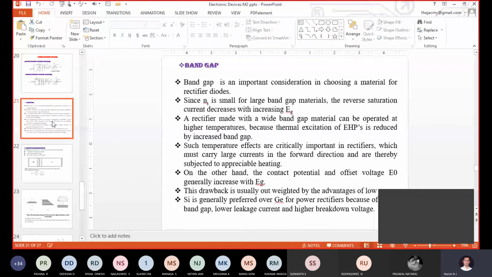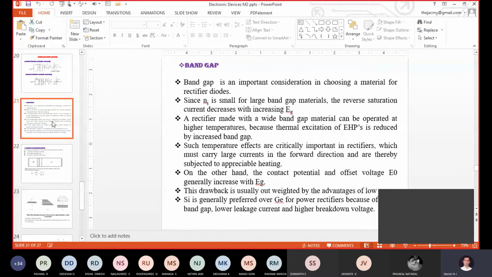Correct. So band gap, what does it mean normally? Band gap, energy gap. Difference between valence band and conduction band of electrons. Exactly, correct. So in the energy band diagram, whether it is an insulator, conductor or semiconductor, if you write it, you are going to write 3 different bands. One is valence band, forbidden band, and the other is the conduction band. In between the valence band and conduction band, there is an energy gap. That energy gap is called the forbidden band.